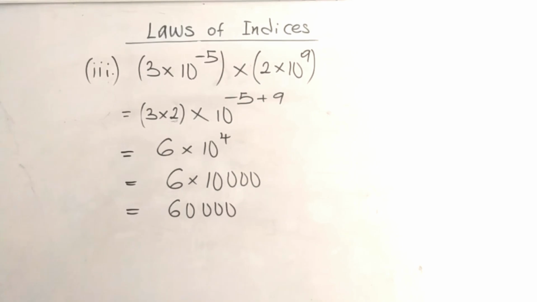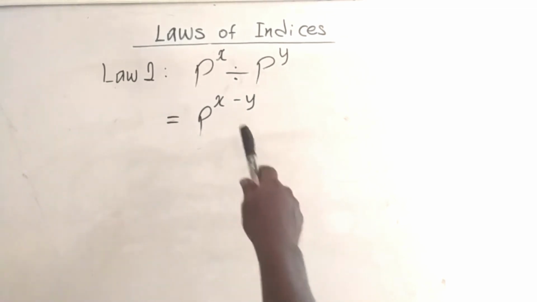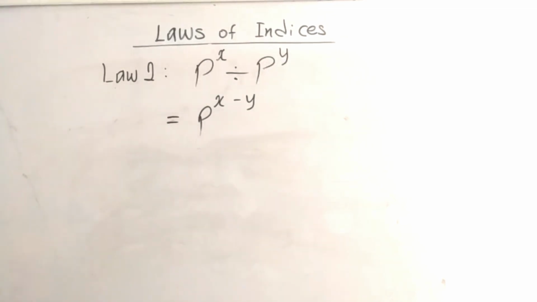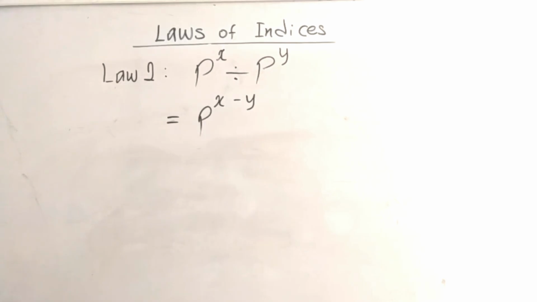Let's now move on to the next law, which is law 2, under the laws of indices. Law 2. Given p raised to power x divided by p raised to power y. This is the law of division where we subtract the powers. That is p raised to power x minus y. For example,